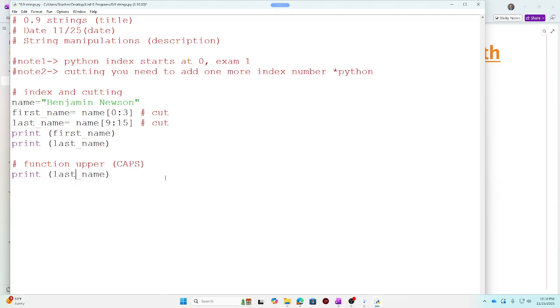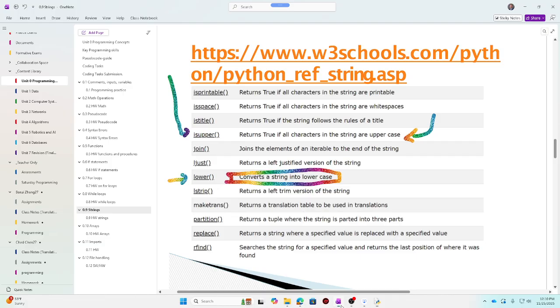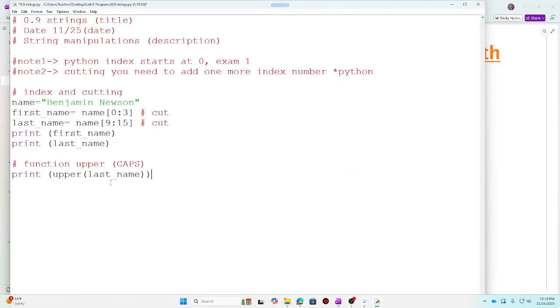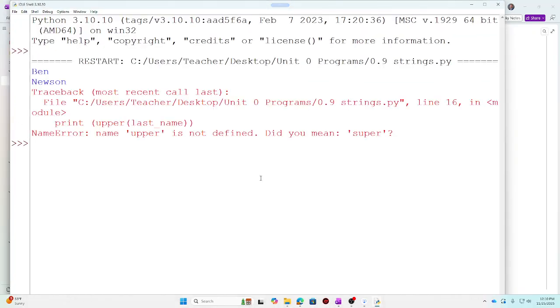And then we can use a function. It's called upper, okay? Let me see if I put the correct notation. We have lower, upper, I believe is a function as well. Let me see if this function works here. Let's run and we'll see. Okay, upper is not defined.